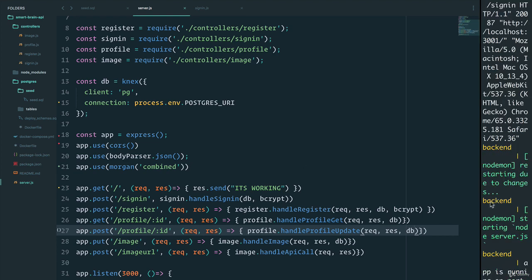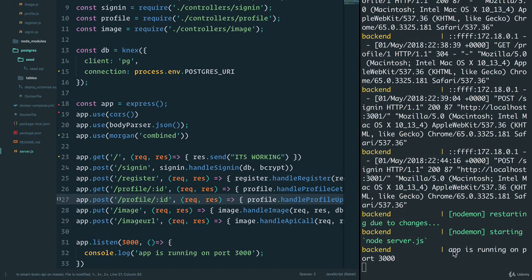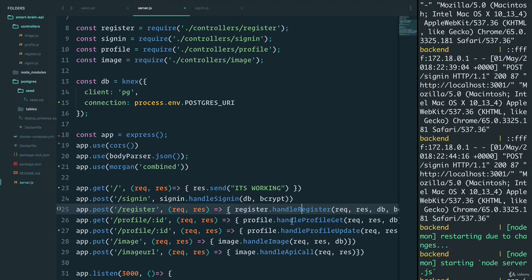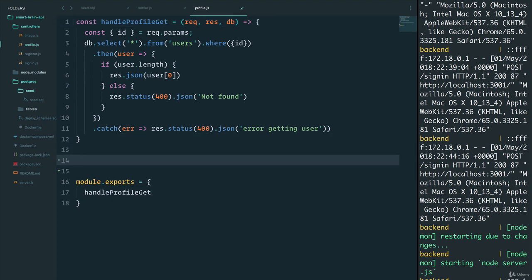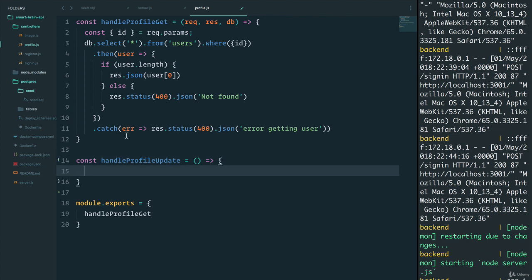Let's save. You see that we've noticed the change in our Docker container, which is very, very nice. Now let's actually build this handle profile update. We once again go to our controllers, to profile, and instead of handle profile get, we'll create a new function called handle profile update. And it's going to be a simple function. This simple function is going to accept a request, a response, and the DB that we just passed it. And inside of here, we're going to grab the